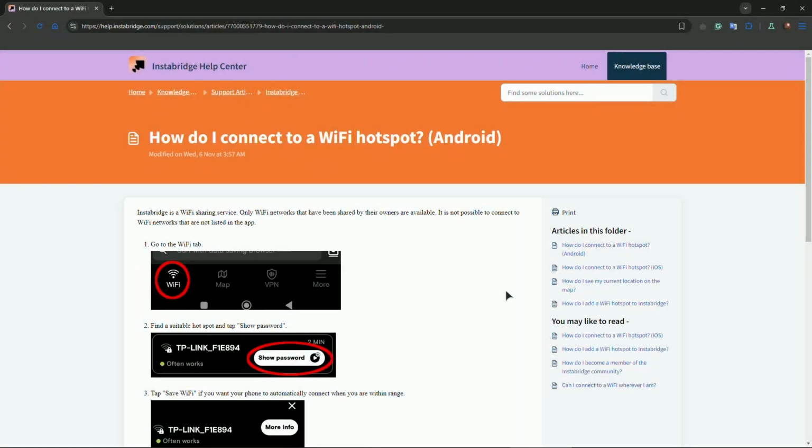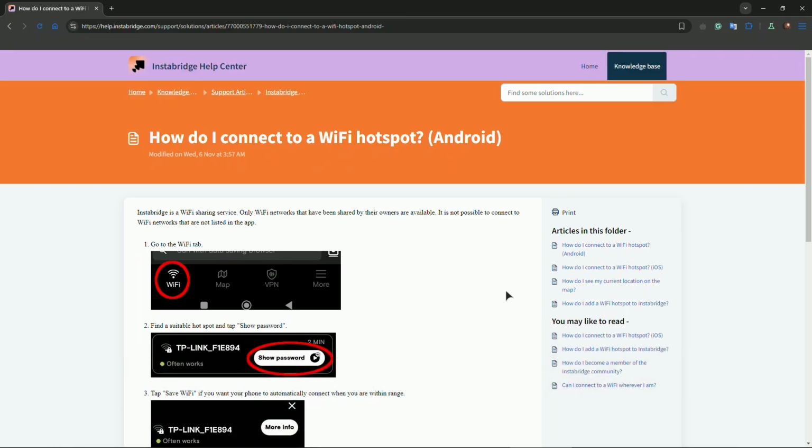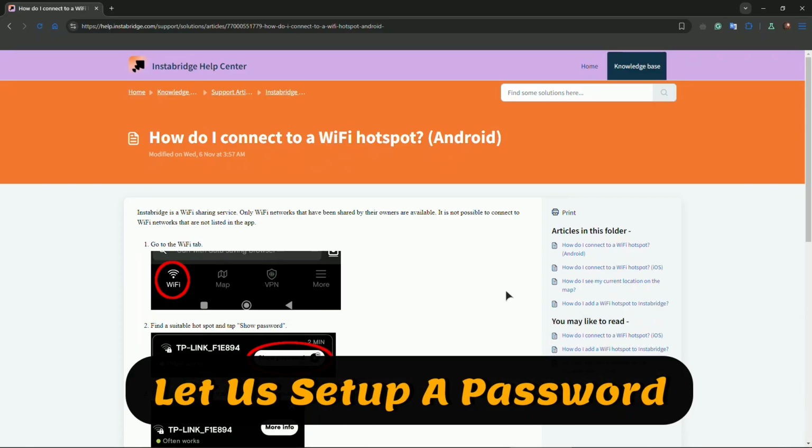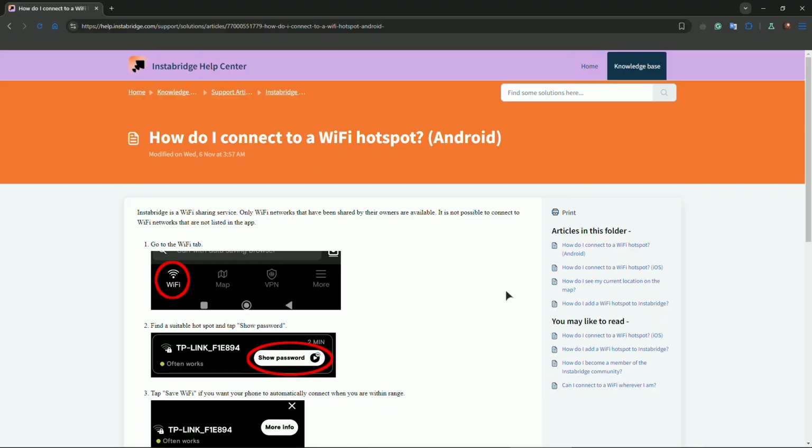Everyone, welcome. In this video I'll show you quickly how you can use Instabridge Wi-Fi password. So Instabridge is a free app that helps you connect to shared Wi-Fi networks worldwide. In this tutorial we'll show you step by step how you use Instabridge to find and connect to Wi-Fi hotspots